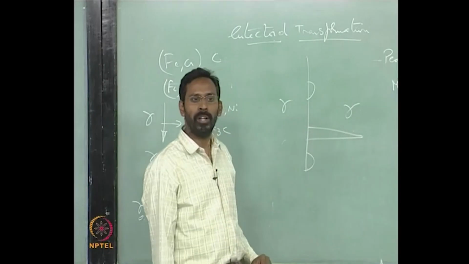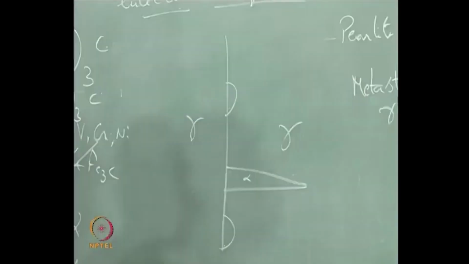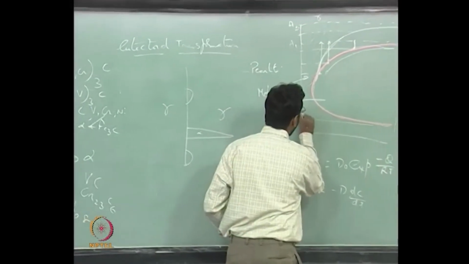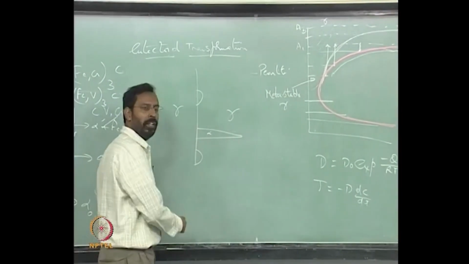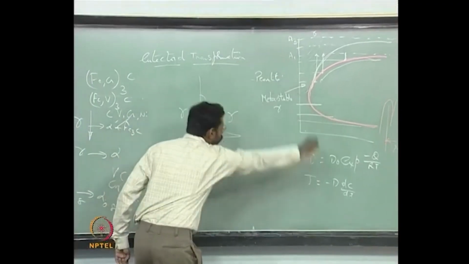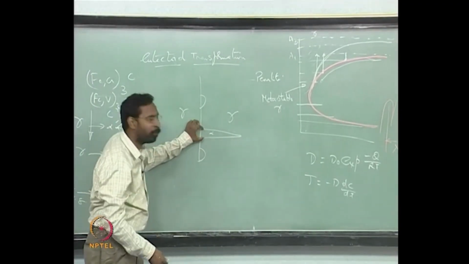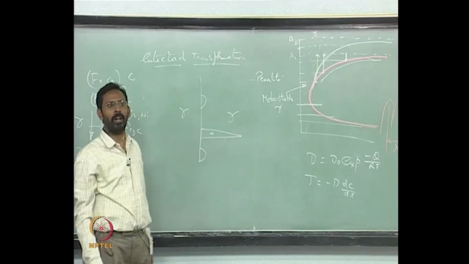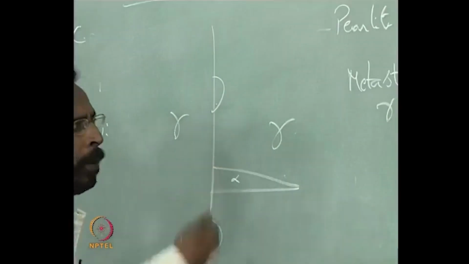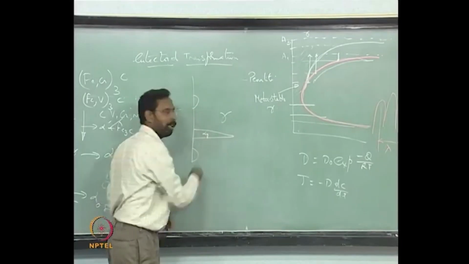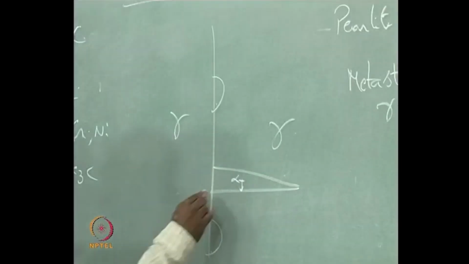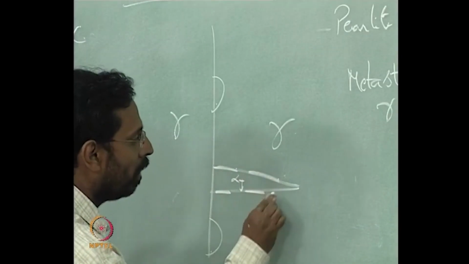And once this forms, now the question is this particular alpha has a high carbon, it wants to precipitate out. Now that is where, depending on whether you are at this temperature or at this temperature, the carbon diffusion has to occur not within the whole of gamma, but within this alpha only, and that region is smaller. So if the temperature is high enough, the carbon can diffuse from the center of alpha to the edge of alpha and then form as precipitates